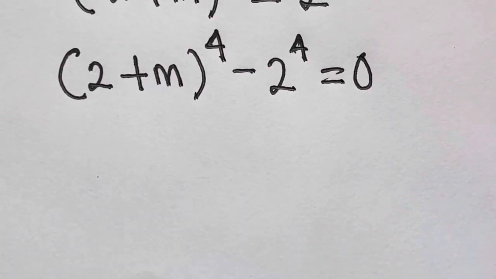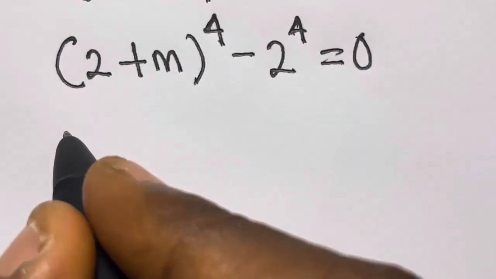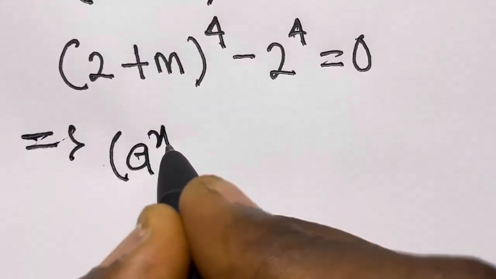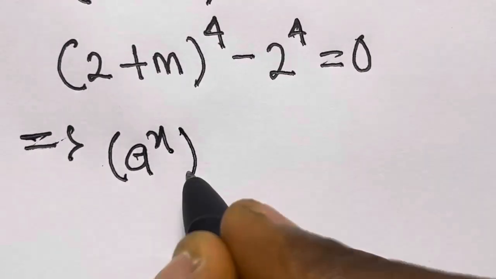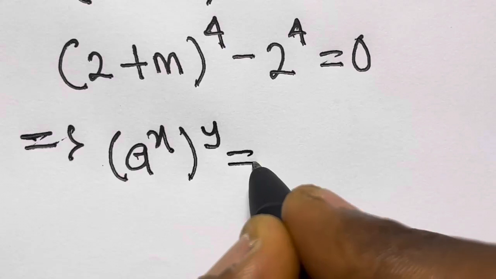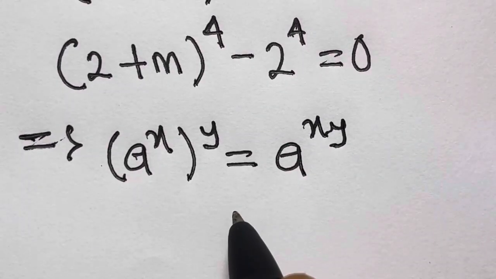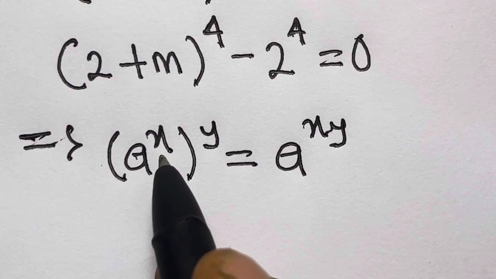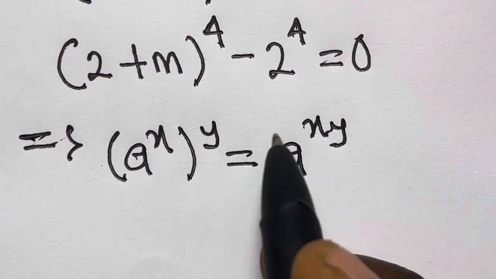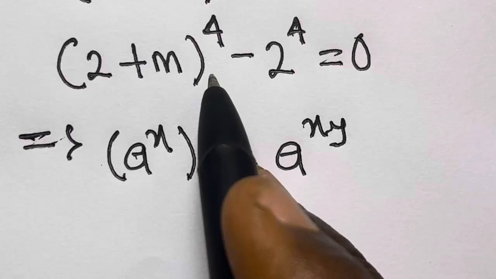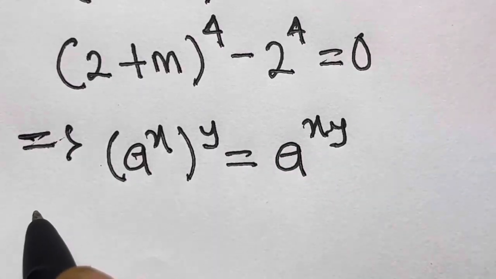From here, let's recall that wherever we have a raised to power x, then raised to power y, this is equal to a raised to power xy. This is the power law of indices. When a number which is raised to a certain power is again raised to another power, the powers are multiplied, and that's what we do here. Applying this to the above expression, we will have